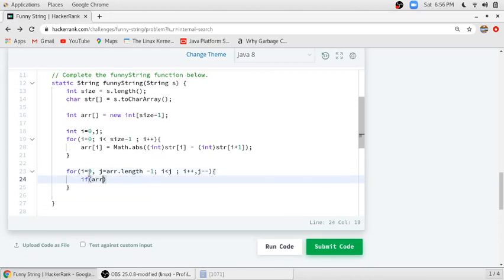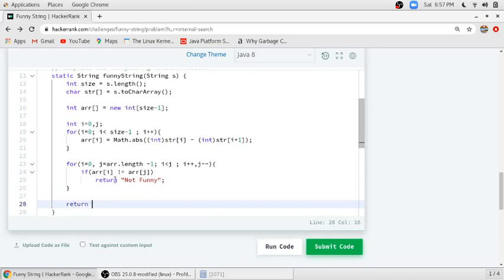We will check if arr of i is not equal to arr of j. Whenever this condition is true, we will return the string Not Funny. This return will execute only if this condition is true, and when this condition is not true throughout this for loop, the string is Funny.